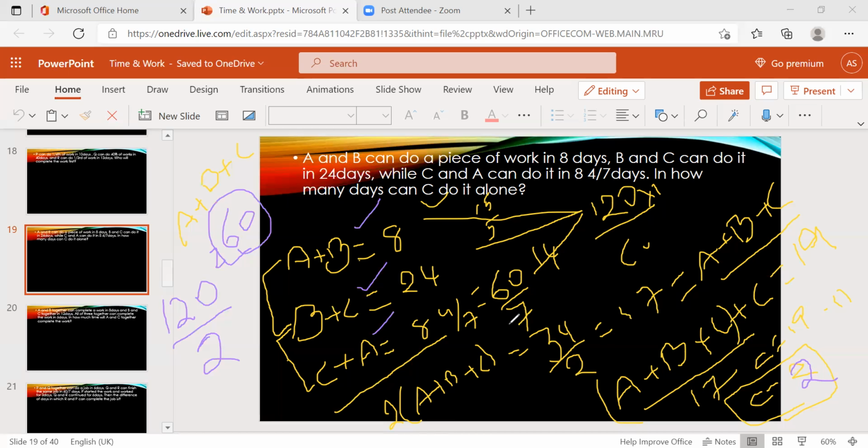By adding these, 2 times A plus B plus C will get 34: 15 plus 5 plus 14. So A plus B plus C equals 34 by 2, which is nothing but 17. We got one equation, right? So easily we got A plus B plus C. Now, observe this, B plus C and C plus A. If you add these two, what will we get? A plus B plus C plus